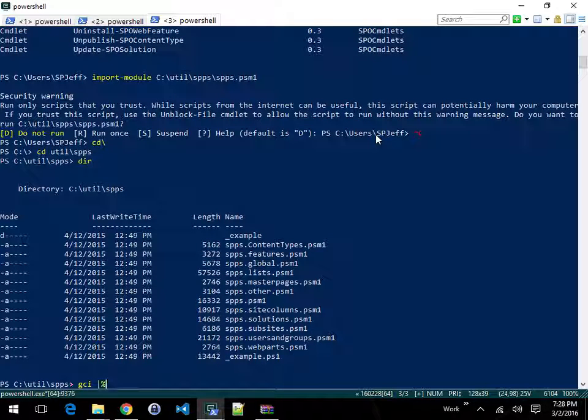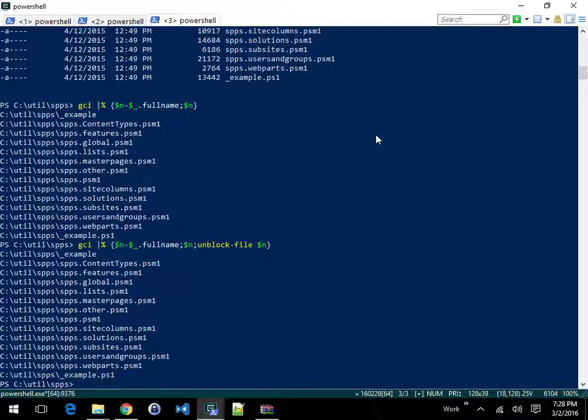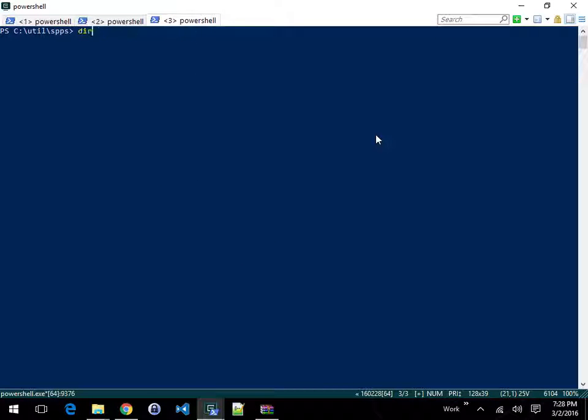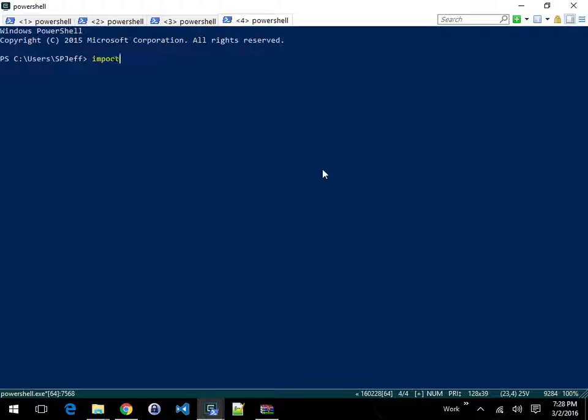And what we'll do is a Get-ChildItem. We'll get the full path name for all of these files. Great. And we're going to run a command called Unblock-File. Great. Now with that complete, we can run the import again. Open a new window. There we go. So now that we've imported it, their most important command here is Test-SPPS,